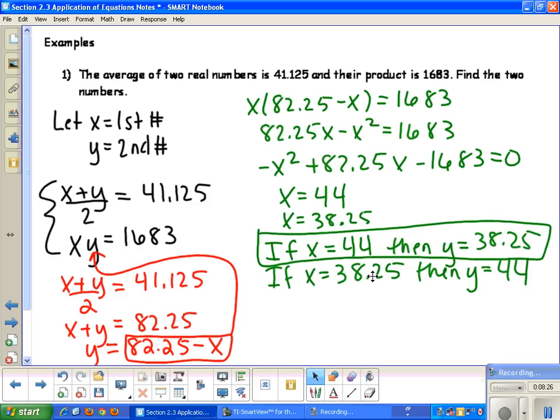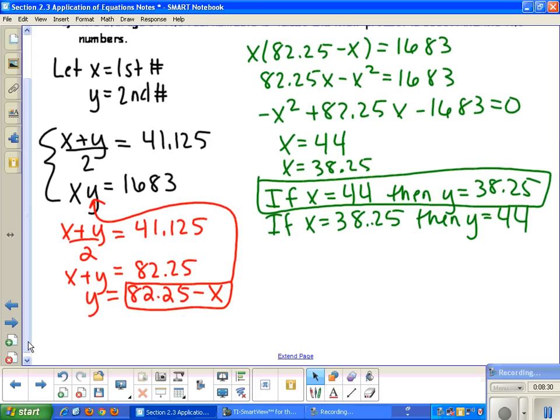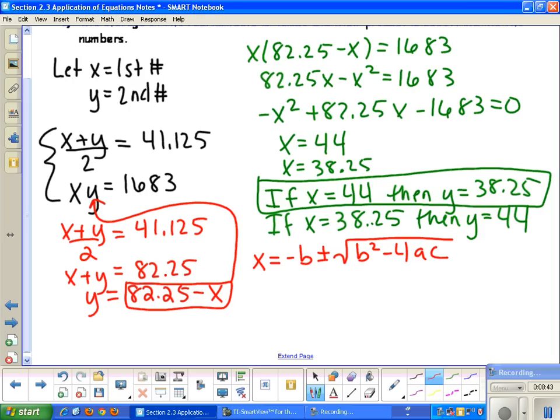Now, again, remember we learned in Algebra 2 that we can solve quadratic equations using the quadratic formula. I'm going to show you how to do that just to refresh your memory. Remember, the quadratic formula is x equals negative b plus or minus the square root of b squared minus 4ac, all divided by 2a. And for this equation, your a is equal to negative 1, b is equal to 82.25, c is equal to negative